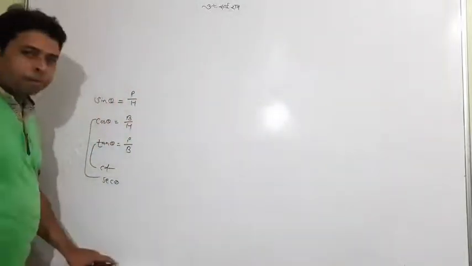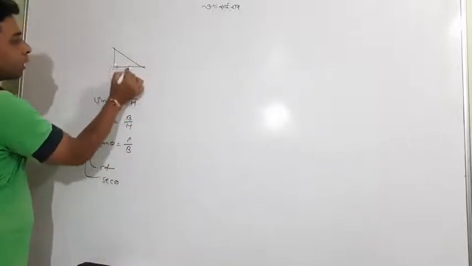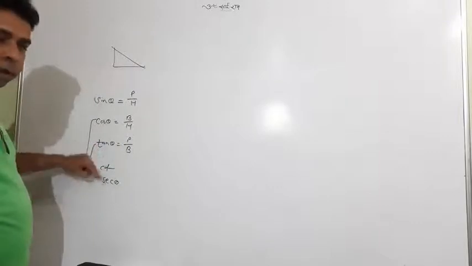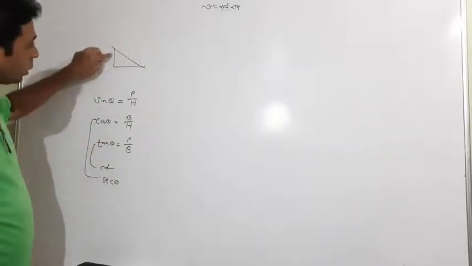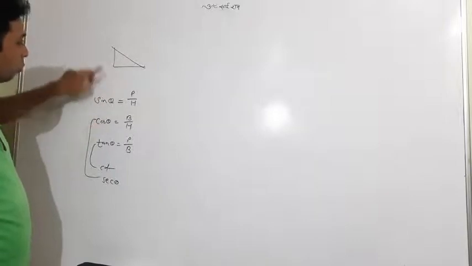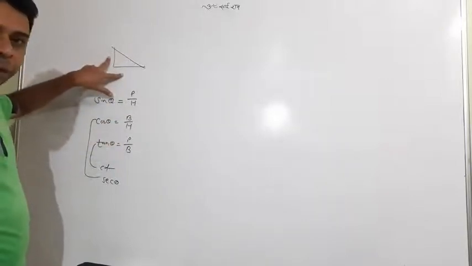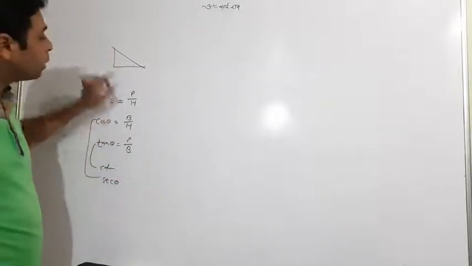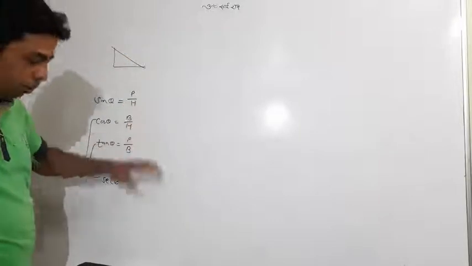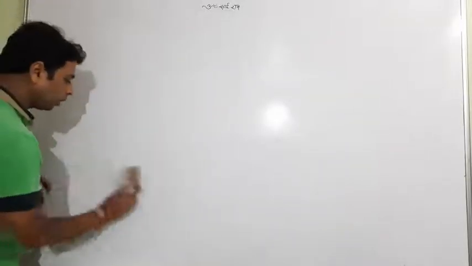Before doing the question, I tell you one thing: in a right angle triangle we have three sides. Whatever you want to find, you must have all three sides. For sine theta you need these two sides. For cos theta you need these two sides. For tan theta you need these two sides. Meaning whenever you have to find the trigonometric ratios, you must have all the sides with you. So based on this concept, we have a question from the example.